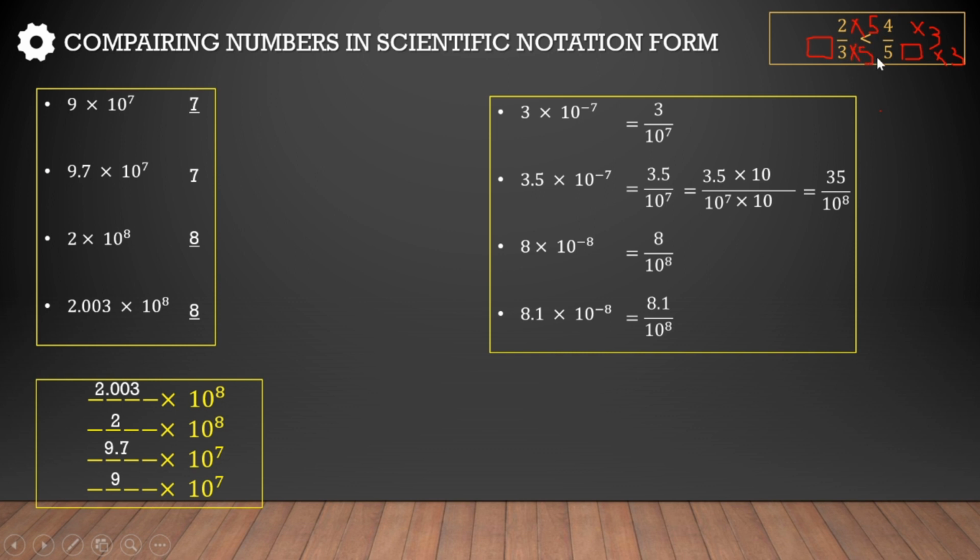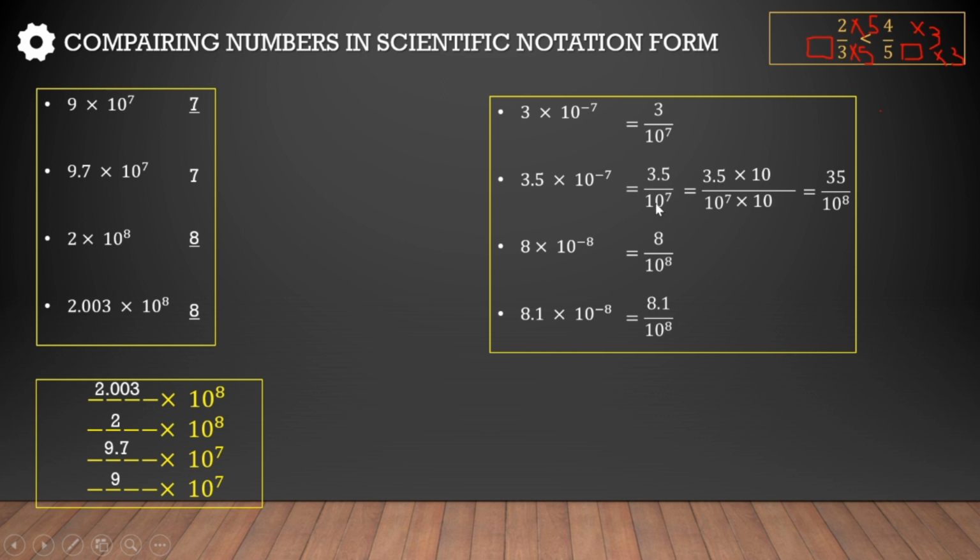Here, when we made the piece size the same, there was a full probability that both numerators would change and any one of them could be bigger. But here, we need not touch the denominator of this. We just have to make this 10 raised to power 8, and there is no probability that this numerator will change, but this will definitely change to a 2-digit number, because when the numbers are in scientific notation form, then to make the denominator the same, we'll be multiplying by 10 or a number more than 10.